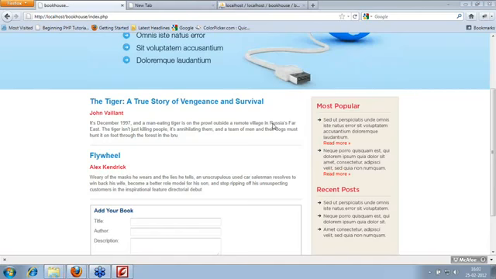The next question we have is how to prevent SQL injection. We have already prevented it in our demo. We have used the mysql_real_escape_string function.